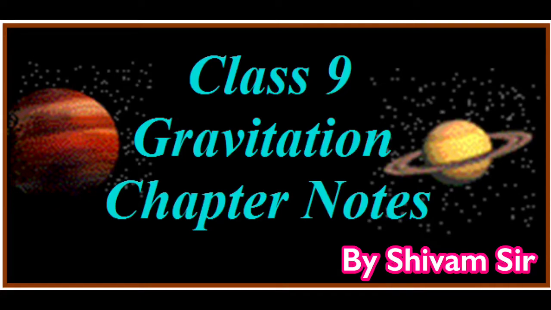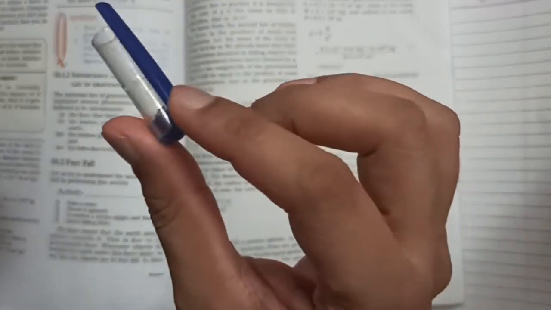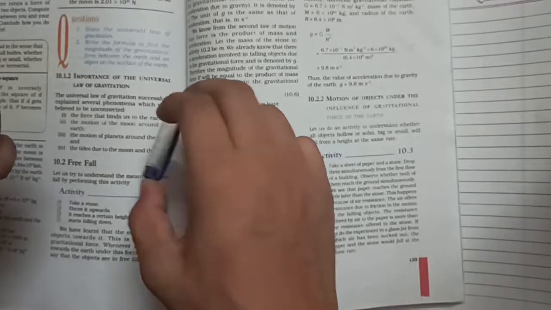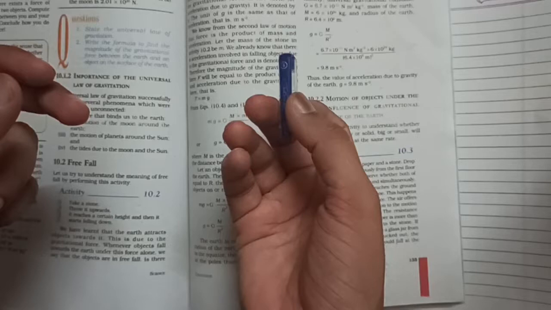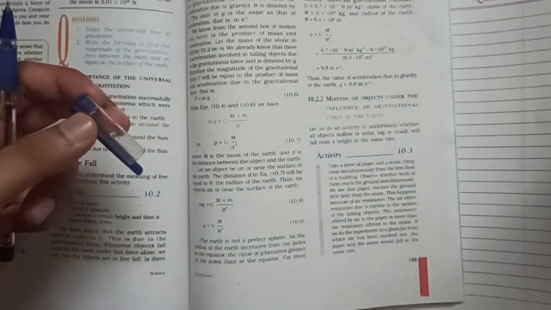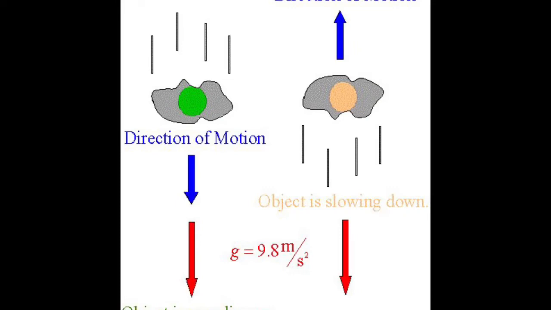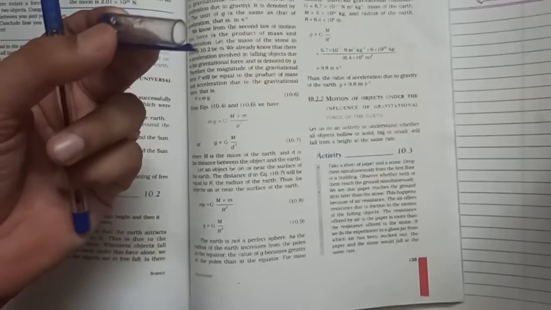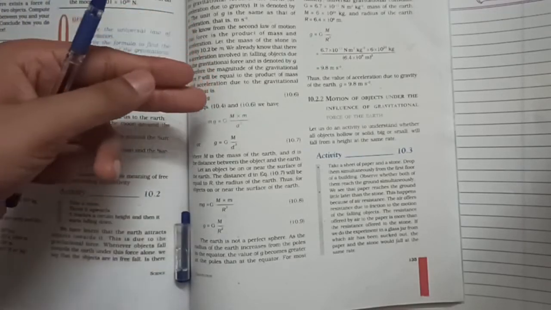So बच्चों in this video we'll discuss free fall. Whenever an object is dropped from a height, suppose I drop this cap from some height. When an object is thrown upward, it reaches a certain height. Definitely this pen cap will reach up to a certain height. Then after that it starts falling towards earth. As you can see, if I just drop this, after reaching a certain height it will start